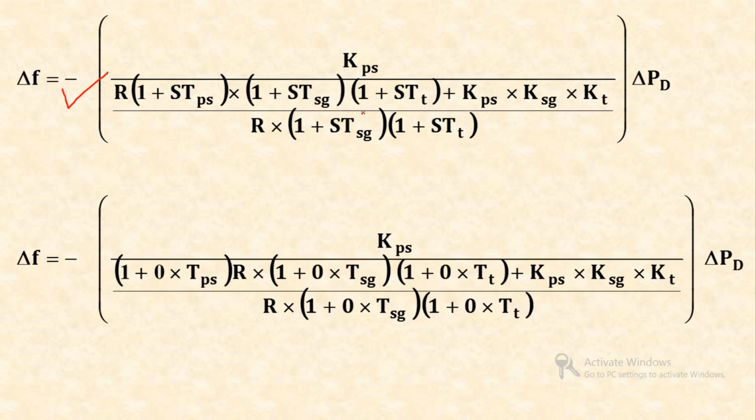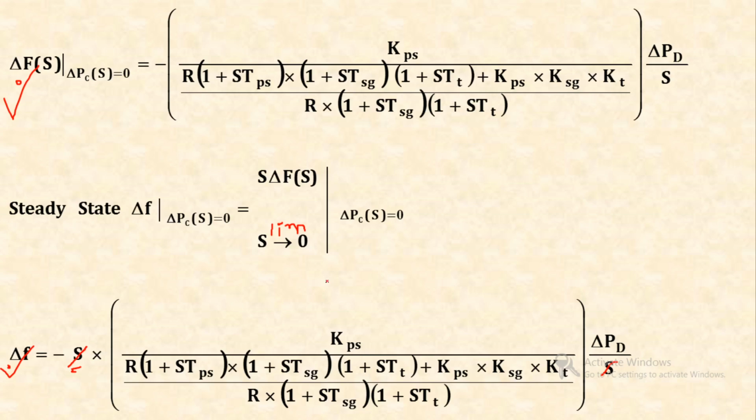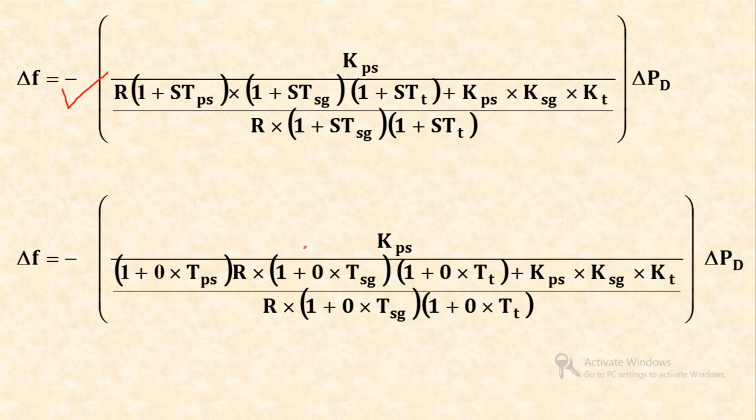Now, we have to put s equal to 0, clear, because the definition itself says limit s tends to 0. So, we will put s equal to 0. There are 1, 2, 3, 4 and 5 terms. We have to put all these s equal to 0. So, this is the next step with s equal to 0.